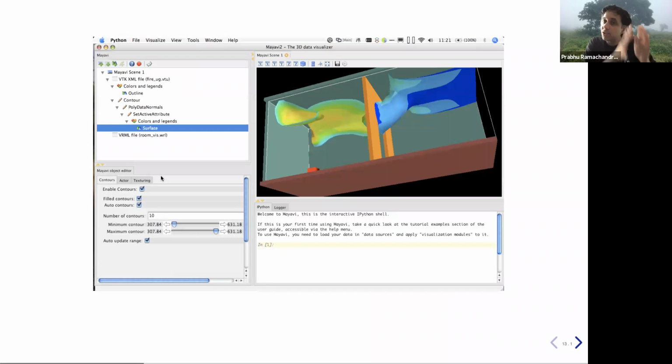But it's not just this. There are special purpose programming languages like MATLAB or R. They're all very data centric. They are not geared towards building a general purpose application. But with Python, you can actually build a full-fledged application. And this is a full Mayavi visualization, which allows you to do a variety of 3D visualizations, but in the framework of an application. And this is also built with Python.